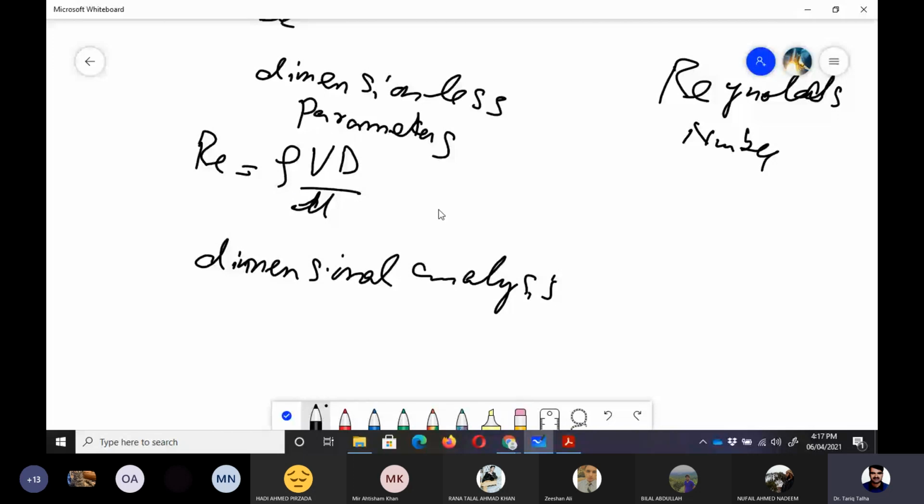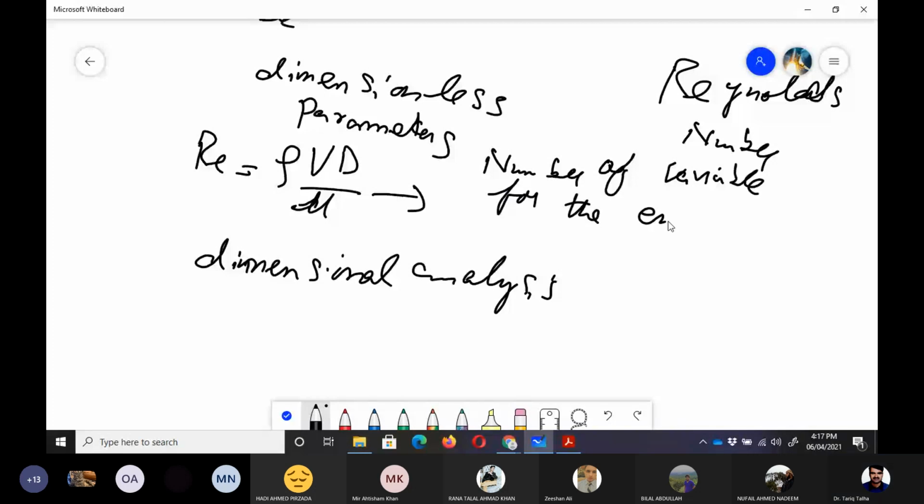The advantage of doing non-dimensionalization is twofold. One is that the number of variables for the experiments is reduced, and secondly,